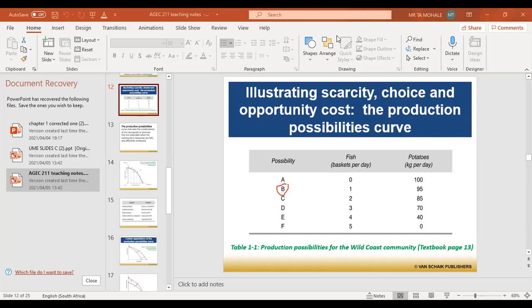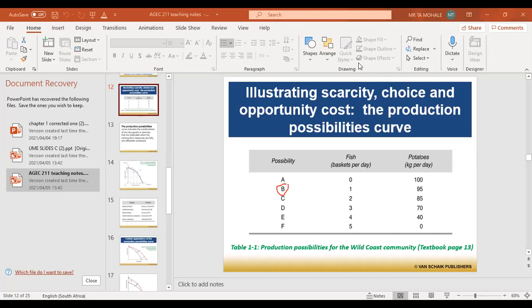Okay, thank you. Let me see who asked the question in the chat room. The person who asked the question in the chat room, did you understand? Let me see. It's Tato. Tato, did you understand? Tebo, your answer is correct. And Busi, your answers are correct. But